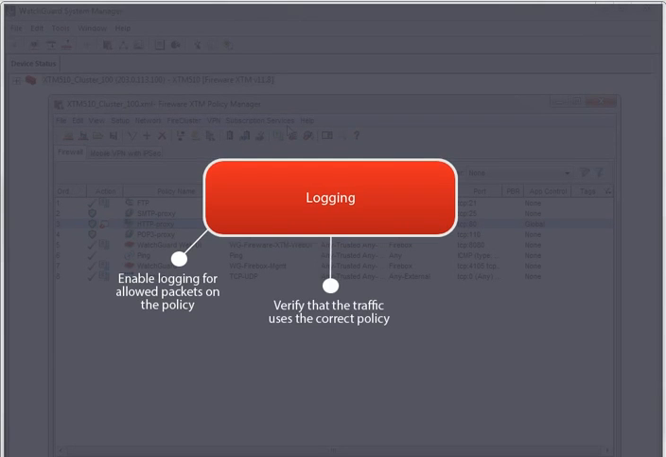There's one important part of a policy we haven't talked about yet, and that's logging. After you set up a policy, it is important to verify that your policy